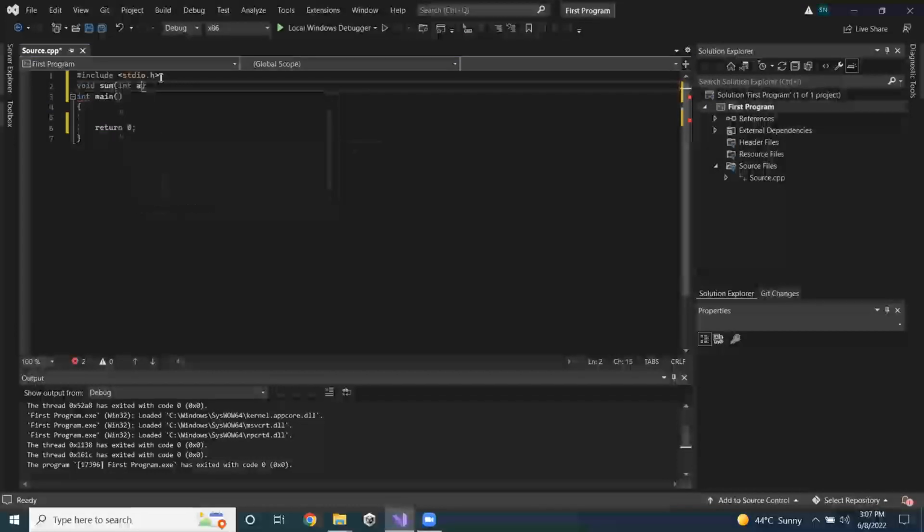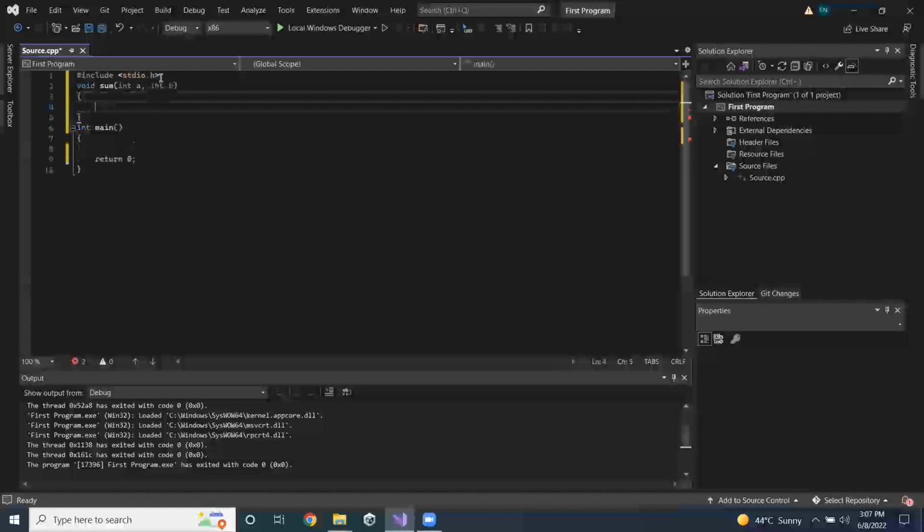The parameters are going to be int a and int b, and it will return nothing. What it's going to do is find the sum. So int s is equal to a plus b,